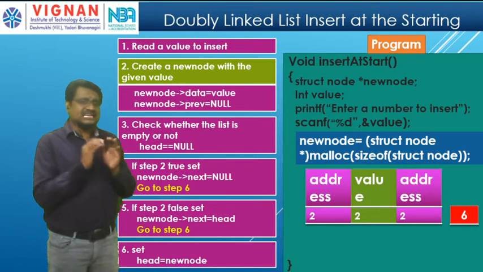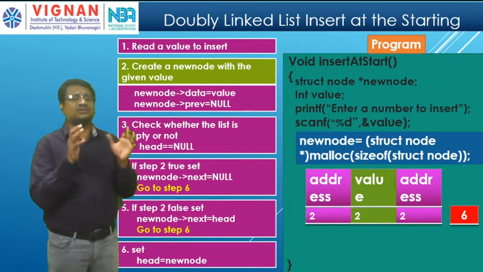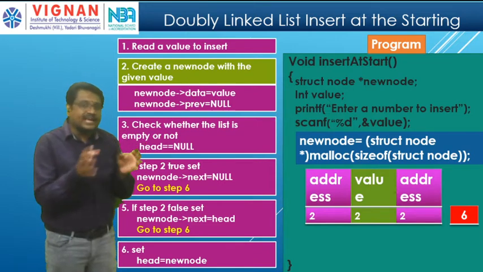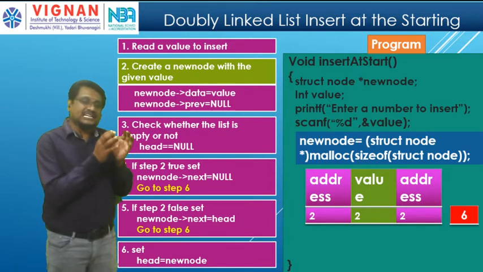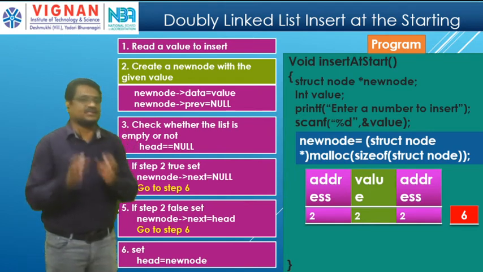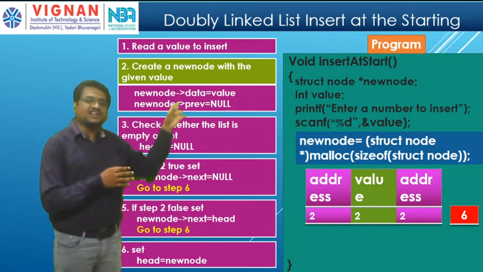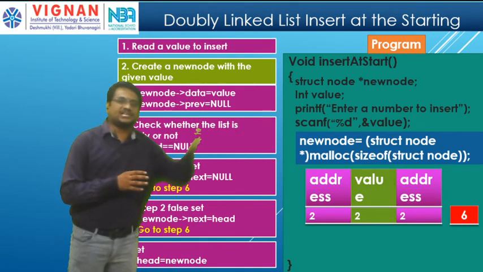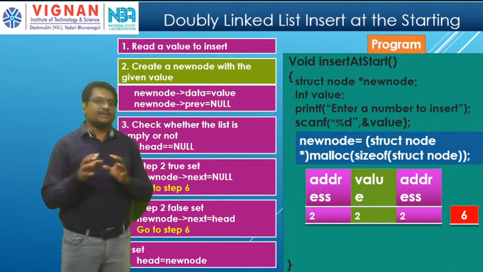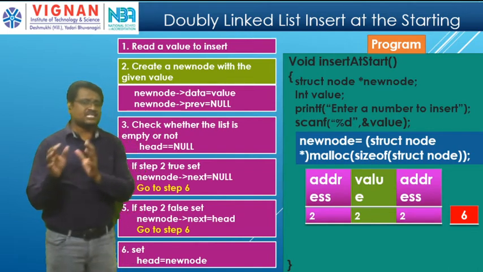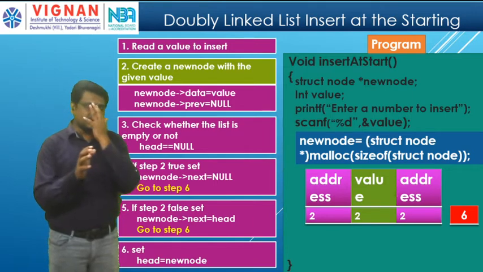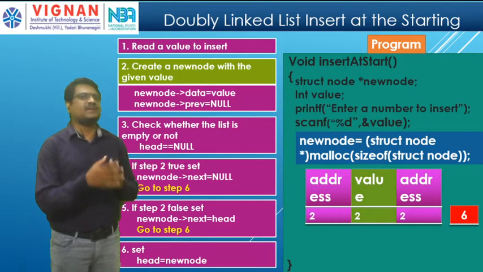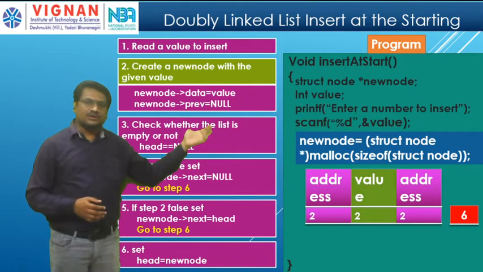Okay. Is it going to store the complete 6 bytes as a single part? No, it should be divided. Why? Because it needs to store address, value and address. Am I right? That's why I put here structure node. Now see here structure node. That structure node will tell malloc, you reserve the space of 6 bytes for double linked list, but you have to allocate according to my node. What is node? Node is a double linked list.